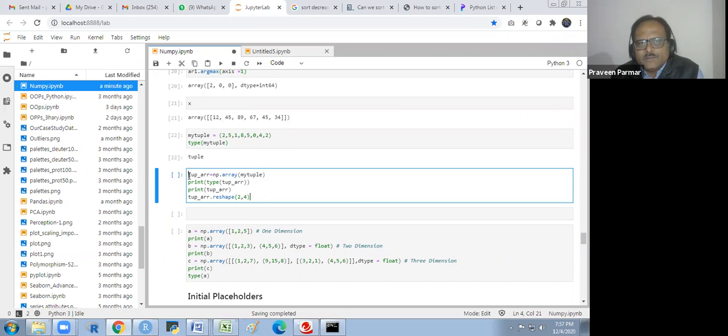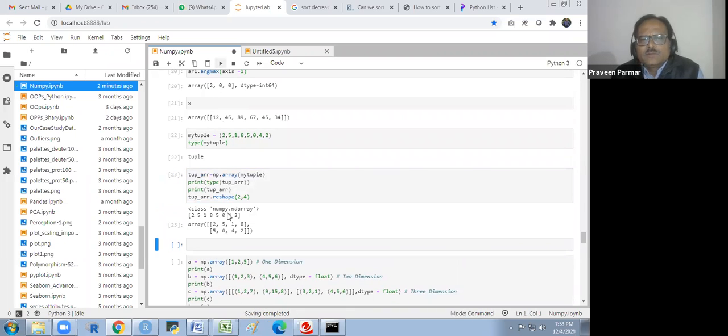Now it is a tuple array. I have given the name tuple underscore array. And I will print it, the type and print it. Then I reshape it by 2 by 4. So we could convert the tuple also into an array. I mean, it is just showing that. We could convert the list into an array. We could convert the tuple into an array.